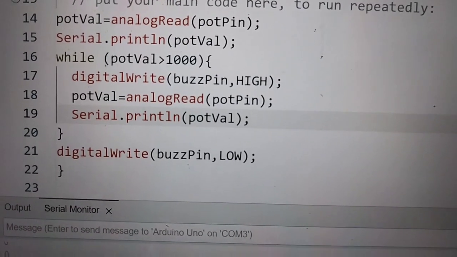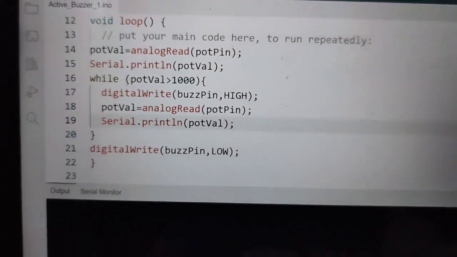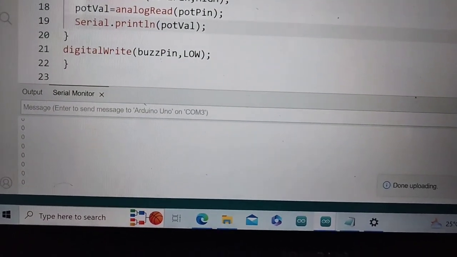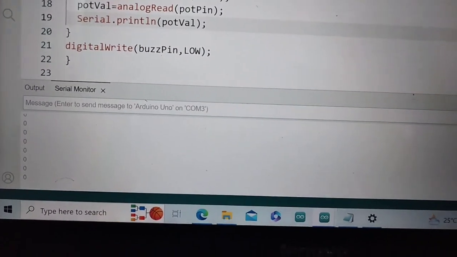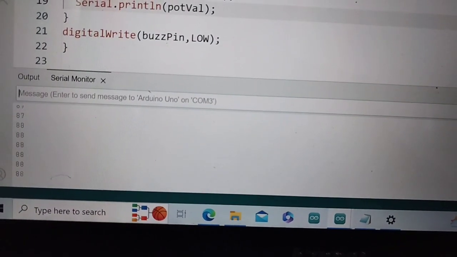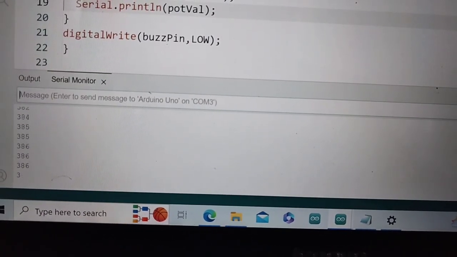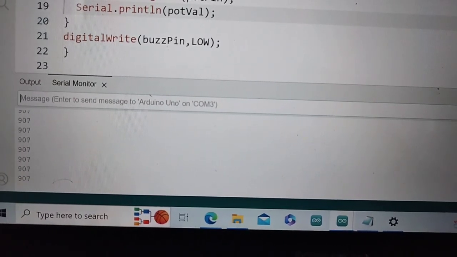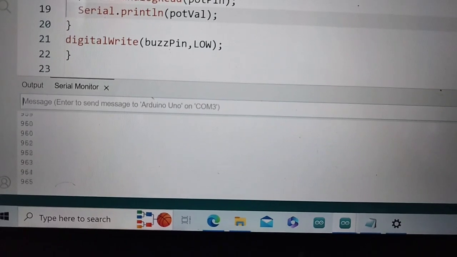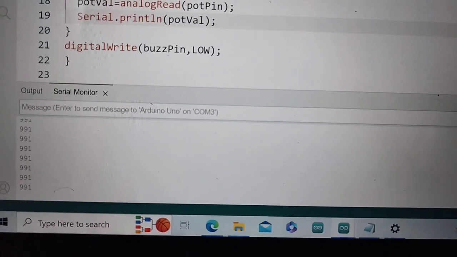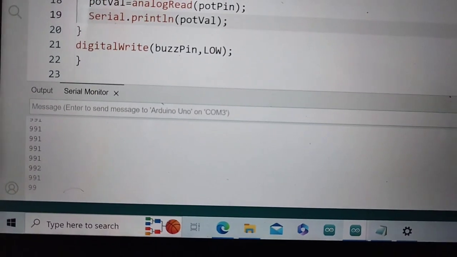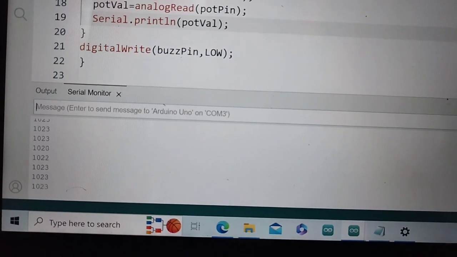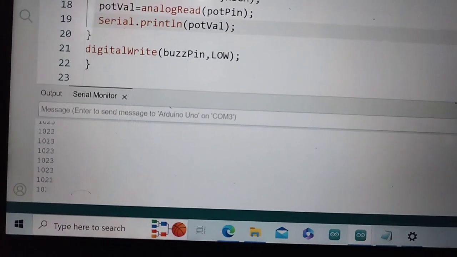So let's just upload it and check if it works. The serial monitor is open down here. Right now it's reading the value 0 and there's no sound. When I'm increasing it, we can see the values go high. Okay, and yeah, I'm at 991. I had set the value as above 1000 and the buzzer should go high. The second my value goes above 1000, it starts buzzing,